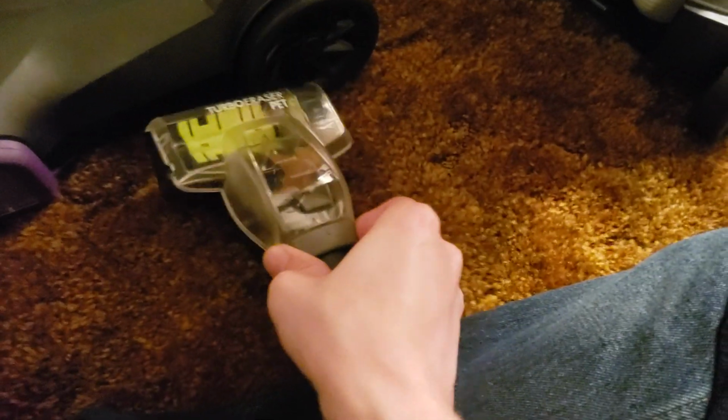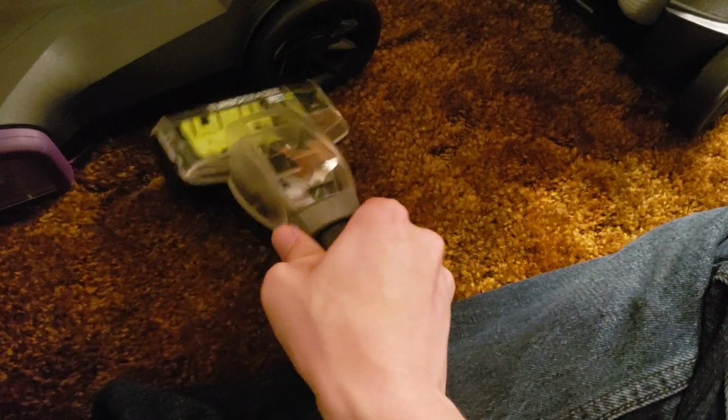So again, this is easy to maintain, though, on the bright side. You just flip this little collar. Just turn this. It's hard to do with one hand, but you just turn this, just like that, and this top part pops off, and you can get to it. And you're going to have to, because